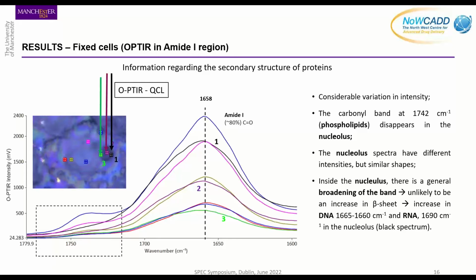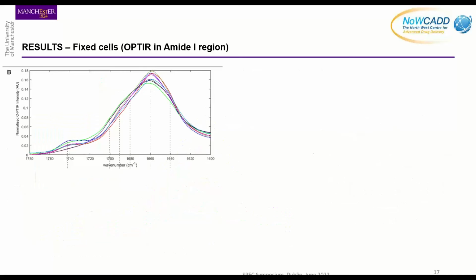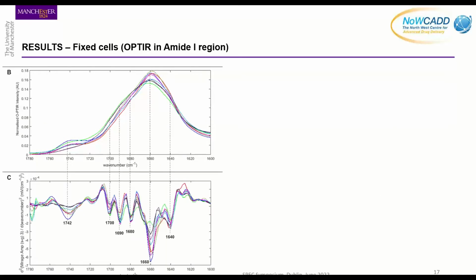Okay. So there's some changes in conformations within the nucleolus. So it's always very risky looking for secondary structure with proteins in the infrared, but nevertheless, if you look